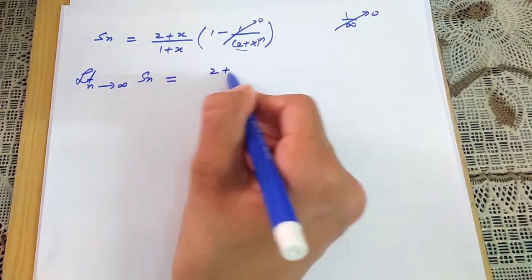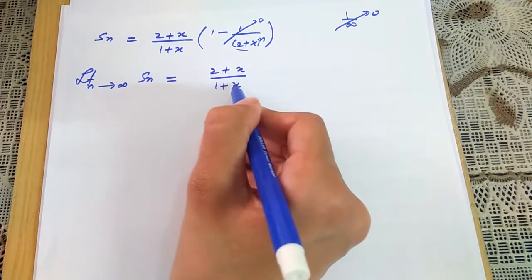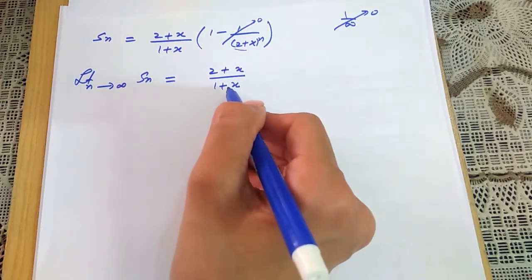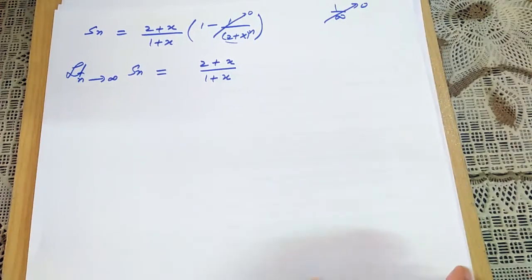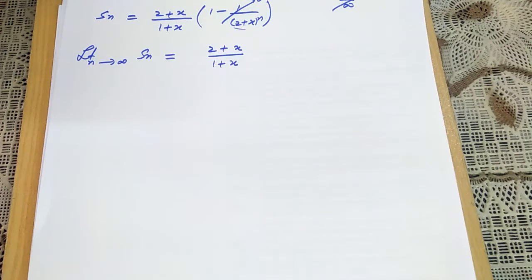So you will get here (2 + x)/(1 + x). So this is the answer for your sum of series here. Now come to question number 3, that is